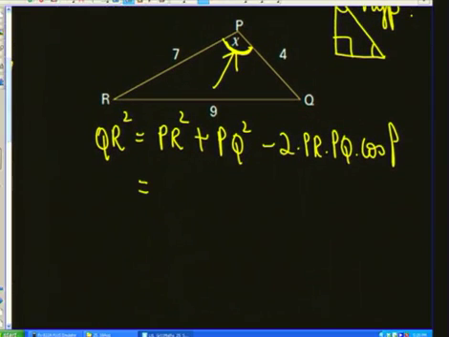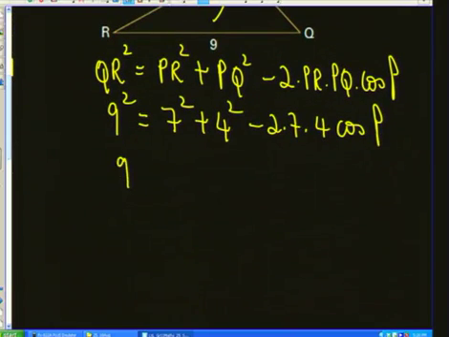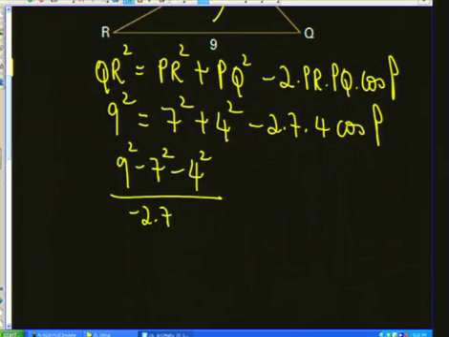a substitution that can happen. So we have 9 squared, we have 7 squared, we have 4 squared, and we have a minus 2 times 7 times 4 times the cos of P. And once you've got that, you now need to solve for cos P. So we need to get rid of these terms here. 9 squared minus 7 squared minus 4 squared divided by negative 2 times 7 times 4 is equal to cos